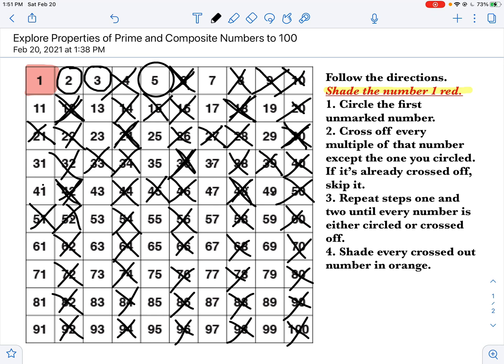So you're going to go ahead and do this activity, and I just really want you to be thinking about prime numbers, composite numbers, and some of these patterns that you'll notice along the way. Good luck, have fun, let me know if you